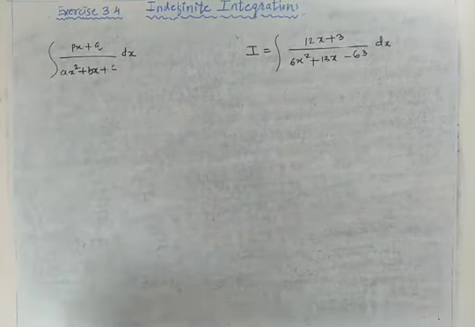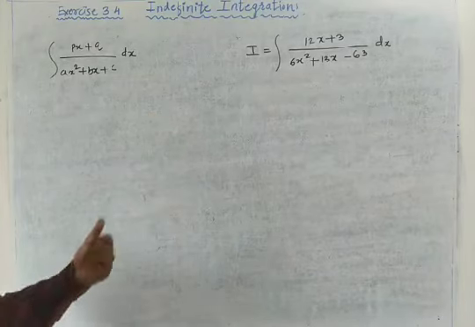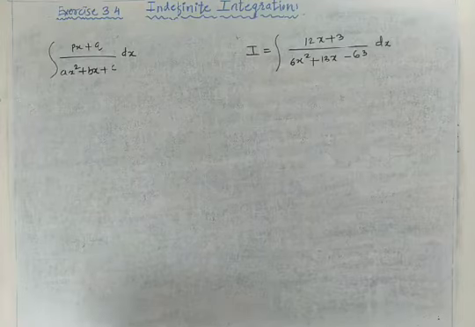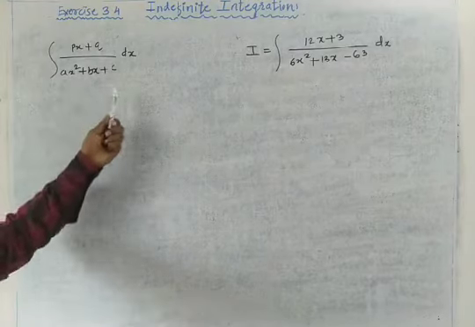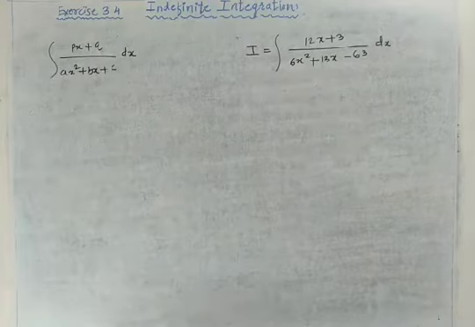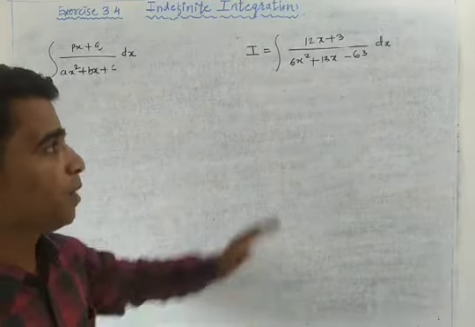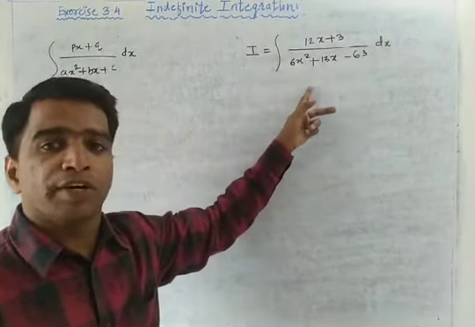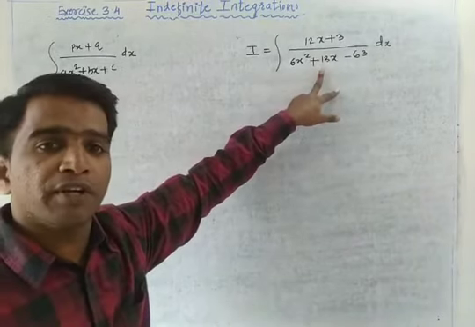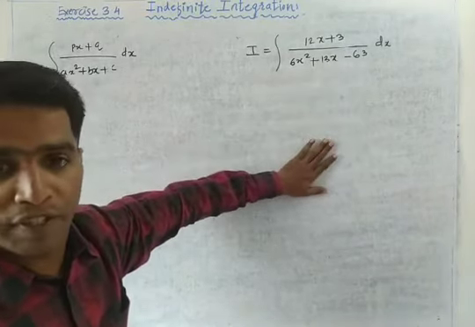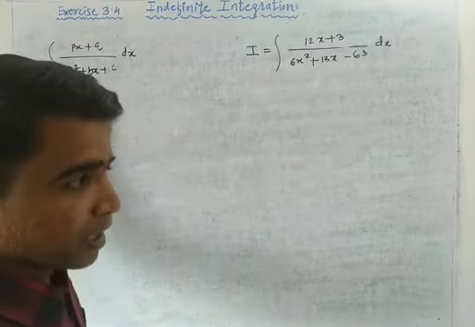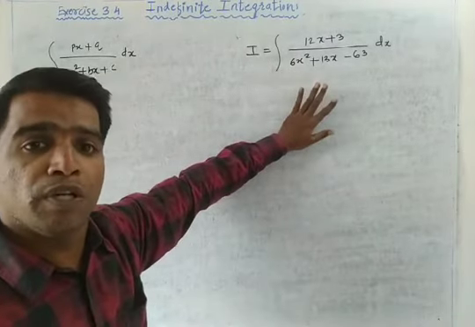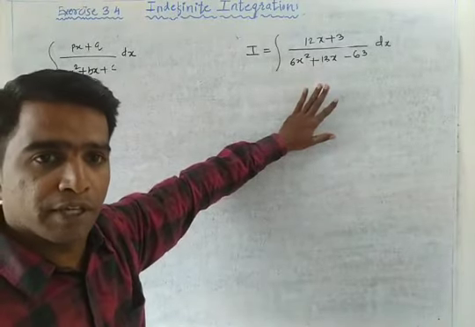Otherwise, if you are able to get the factors of that quadratic equation, then you can use the partial fraction method. But sometimes factors are not possible, so at those times we have to use the px plus q upon ax square plus bx plus c method. So in the exam, how to predict whether a question belongs to partial fraction or to this type depends on simplification of this quadratic equation. If we are able to find the factors of this quadratic equation, then only we can use the partial fraction method, else we will use this method. This method is applicable for both types of questions, but partial fraction is applicable only when you are able to get factors of the quadratic equation.